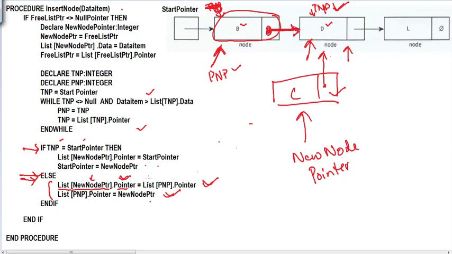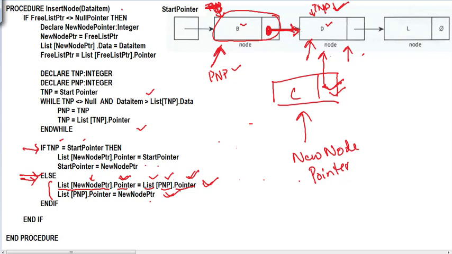So what we are saying is that in our array list, the node towards which PNP is pointing, its pointer value should be given to the pointer value of new node pointer, right? So both of these work the same way, whether we set it equal to TNP or whether we set it equal to